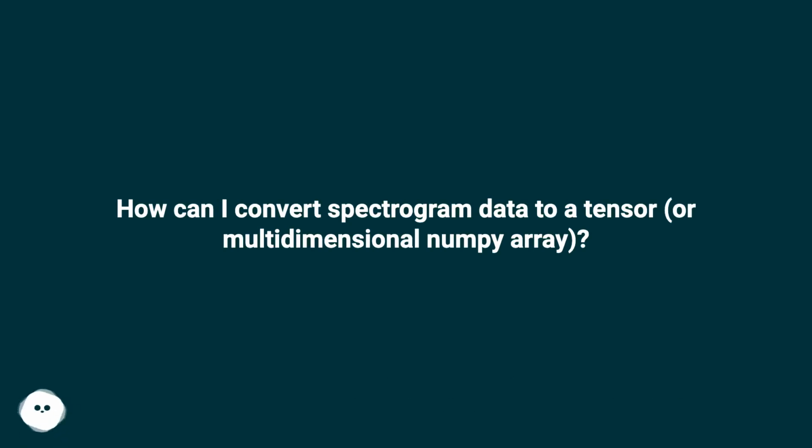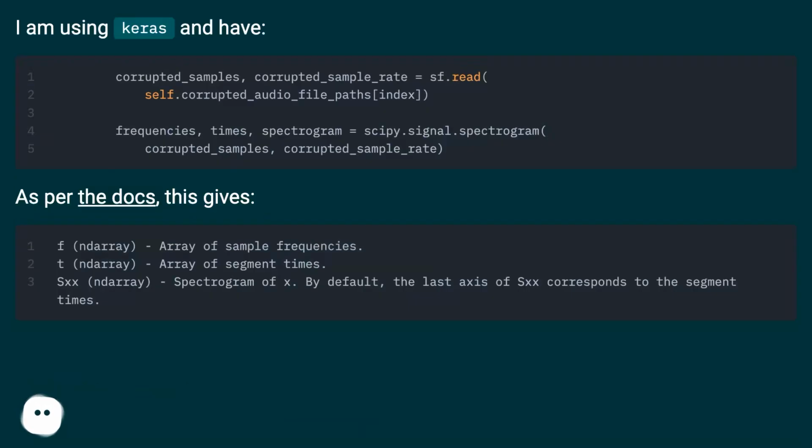How can I convert spectrogram data to a tensor, or multidimensional Numpy array? I am using Keras and have. As per the docs, this gives